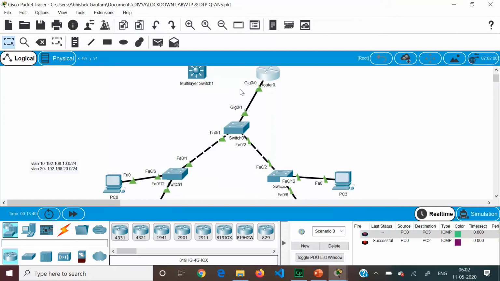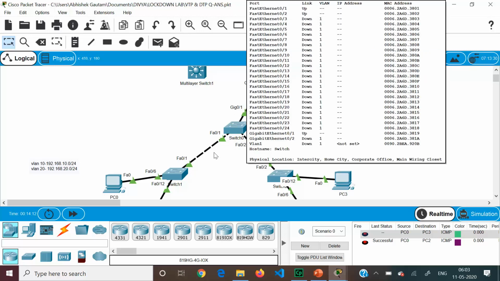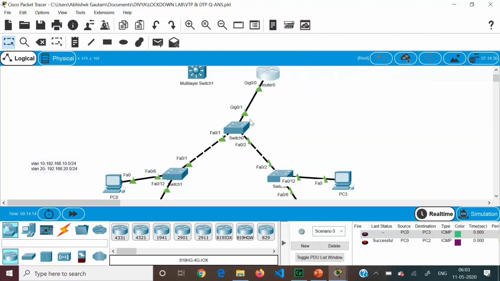This router G0/0 can carry the traffic of either VLAN 10 or VLAN 20. So we can have two interfaces connected to switch 0, one to carry the network traffic of VLAN 10, another to carry the network traffic of VLAN 20. But if we have more VLANs, then we cannot have that many interfaces. That is the restriction. So what we will do is we can have a router on a stick configuration, where we